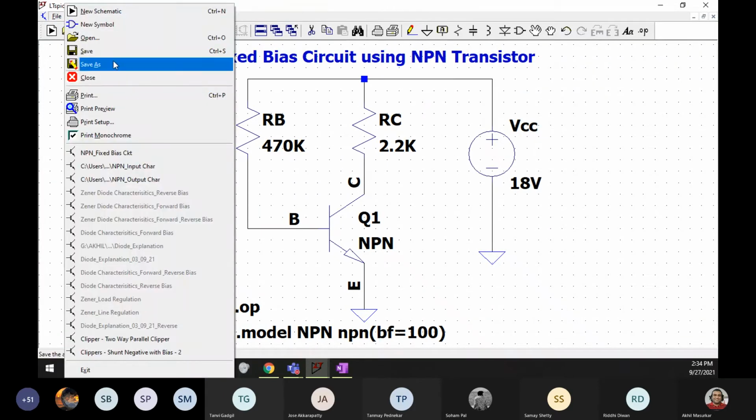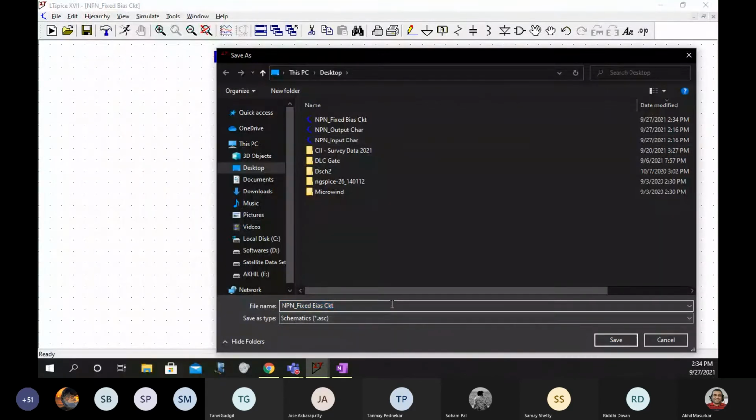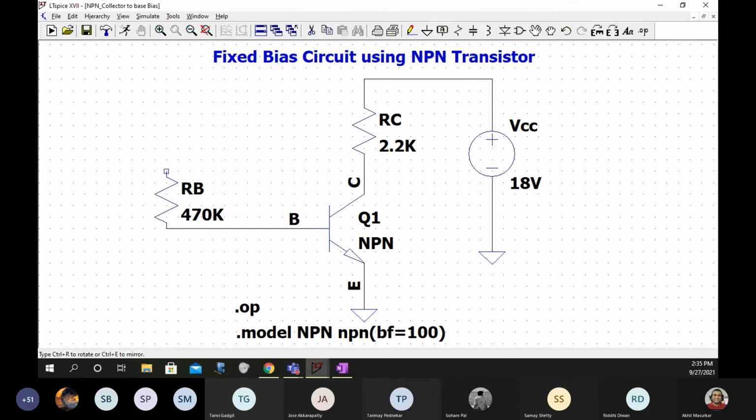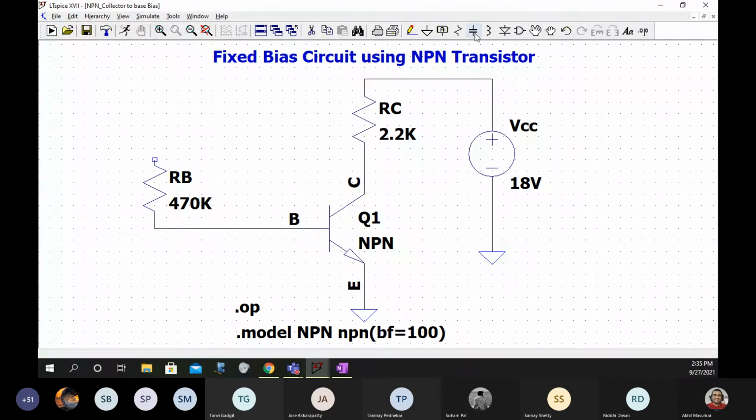Say file save as NPN collector base bias, and simply speaking, what you will do is like this, and just take it a bit up.